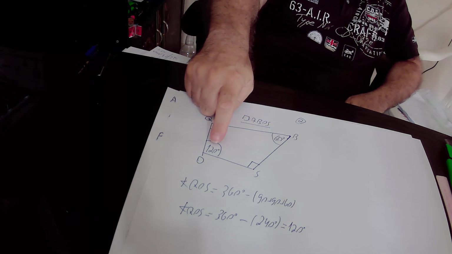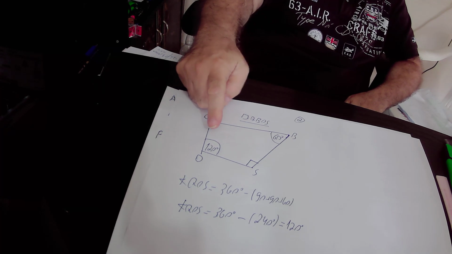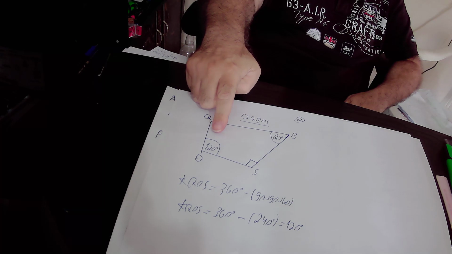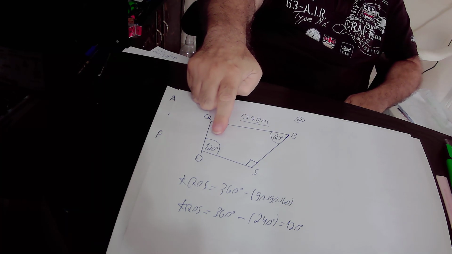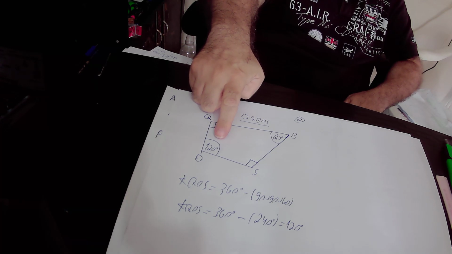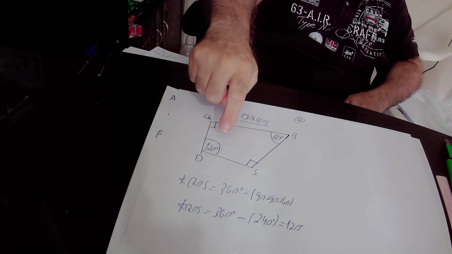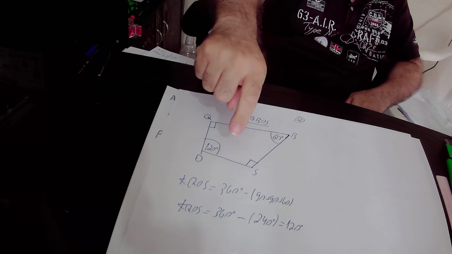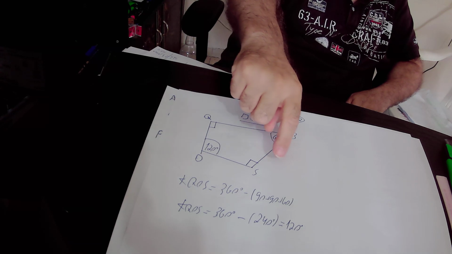Therefore, the missing angle QOS must be equal to 360 degrees minus the sum of the other three angles. That is to say, the missing angle QOS must be equal to 360 degrees minus (90 degrees plus 90 degrees